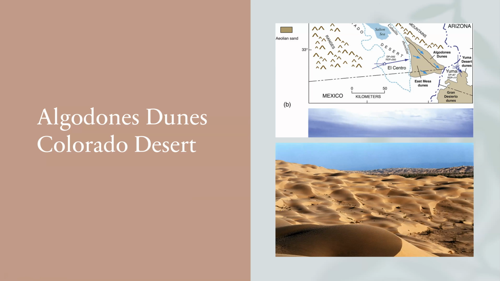There's some dunes in the Colorado Desert. So every desert has dunes because of the amount of wind erosion that we see. So any desert that you visit, it's very iconic. The Sahara has dunes, like the Colorado, the Mojave, all of our deserts have dunes.